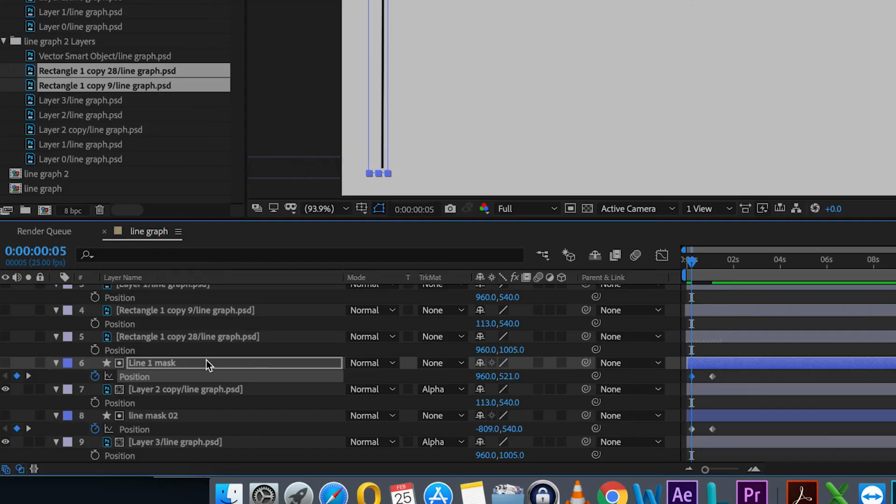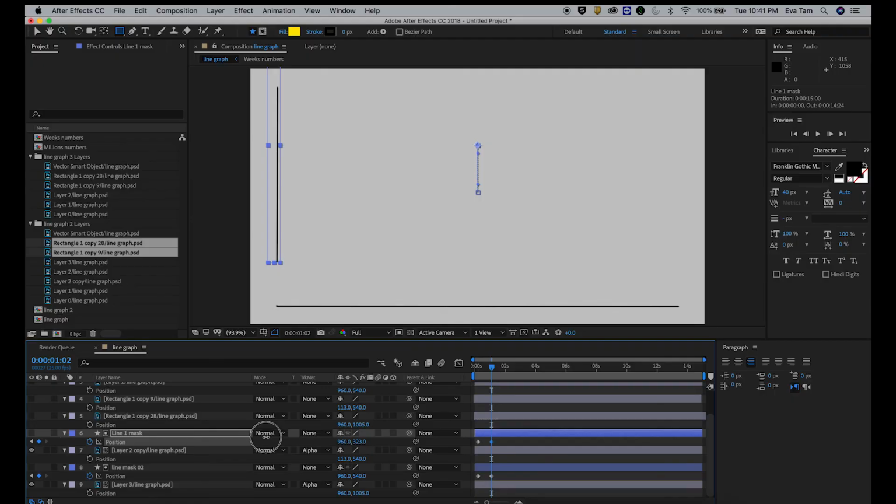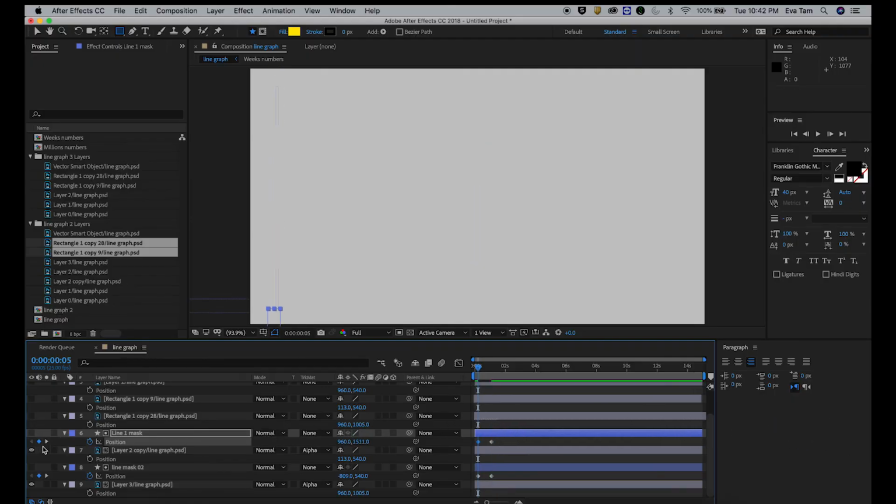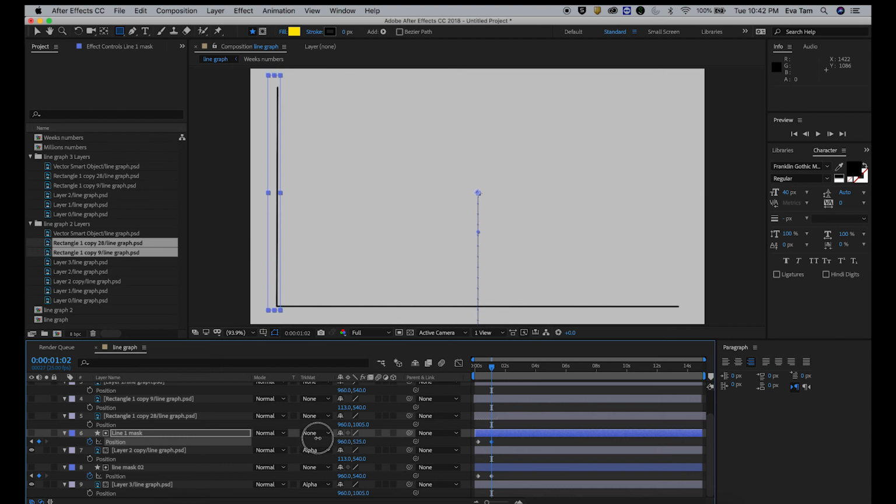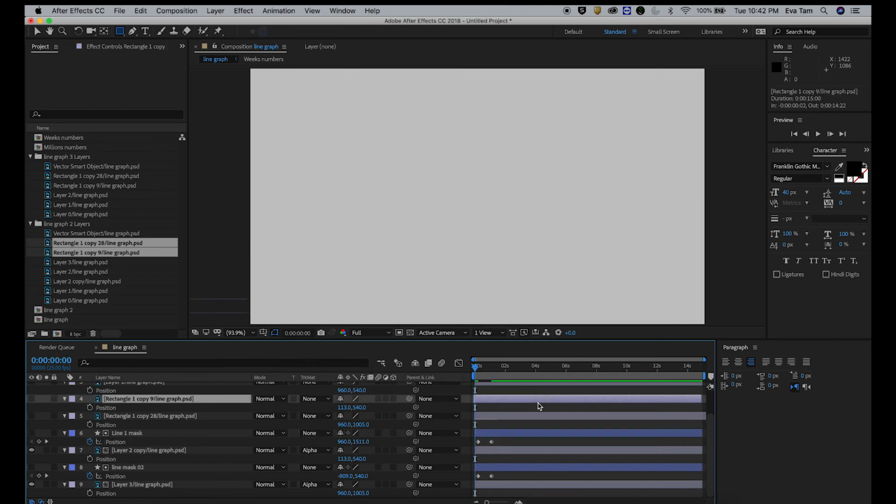So now I'm actually reversing it. And then I'm going to end this way. So over here is where I click to go to the next keyframe. And then I'm going to raise this from the top. Okay? So this is what you get now. Cool?